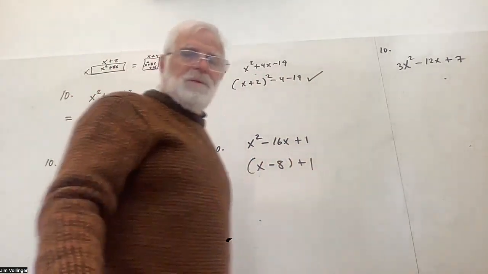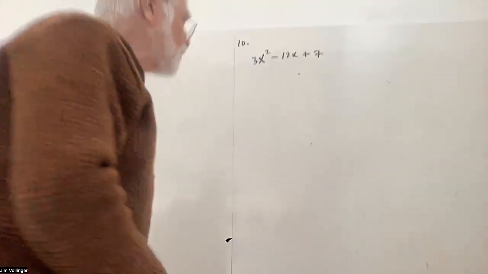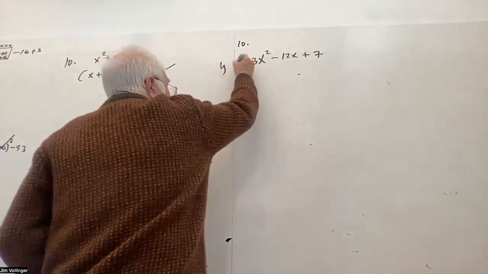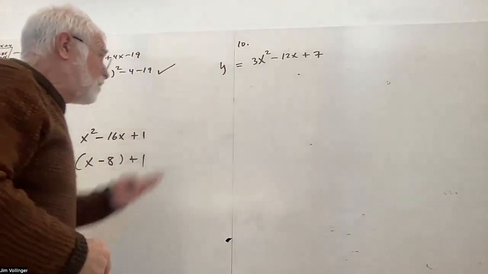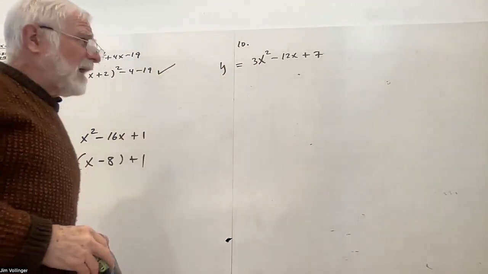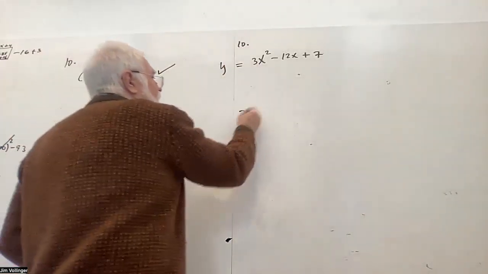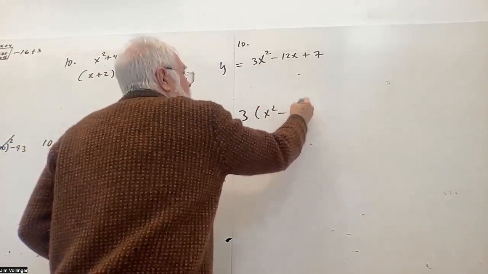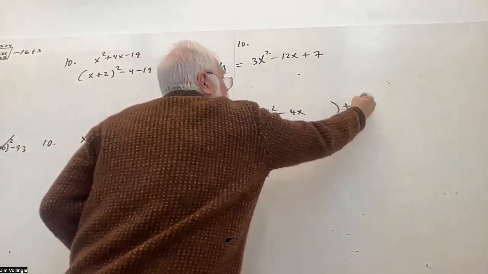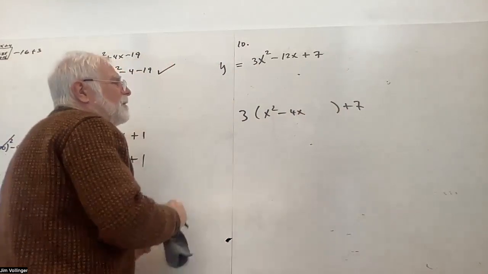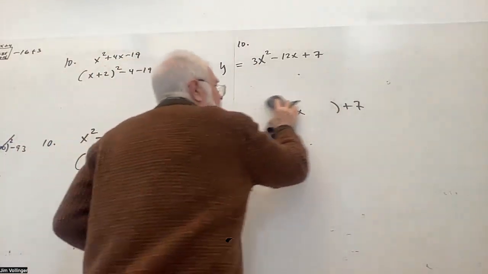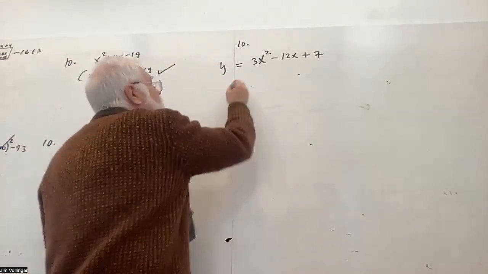Now, we could do the textbook completing the square for a problem like this. Right? Now put a little y in front of this. Right? Completing the square is putting it in graphing form. But we're not going to do that here. We're not going to factor out the 3. Right? There's no reason to do that. People have trouble with that. So why don't we just take what's given